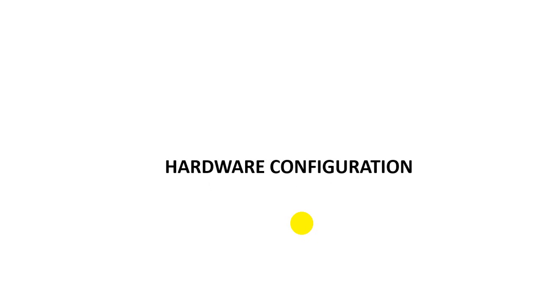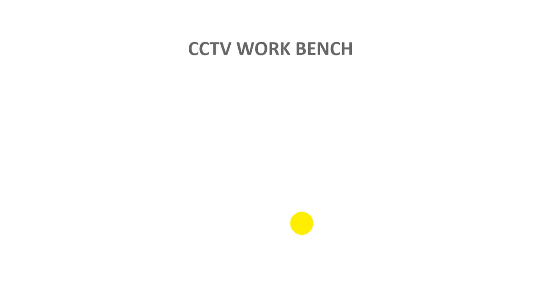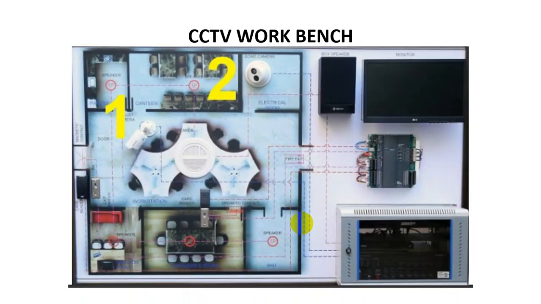Next we can see the hardware configuration. First we can see the CCTV workbench. As already discussed in the introduction part, we have two cameras here. One is the bullet camera, the other one is the dome camera, then the monitor on which we are going to see the output, and this is the controller. Apart from that we have the amplifier system, which is useful for the public address system. These are the speaker boxes, two speaker boxes are available. Along with that we have the RFID doors, an RFID based access control system also. These two we are not going to concentrate on. We are going to concentrate on these two cameras and this controller, as well as the monitor where we are going to see the output.